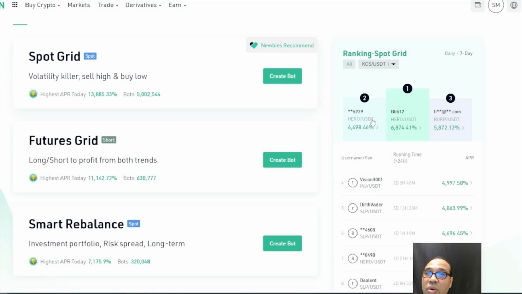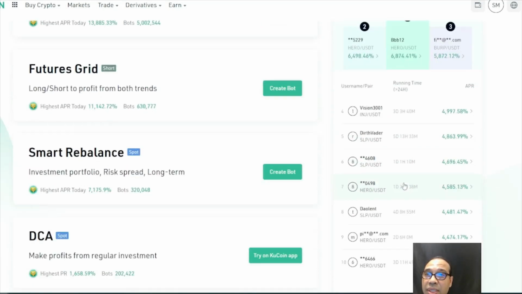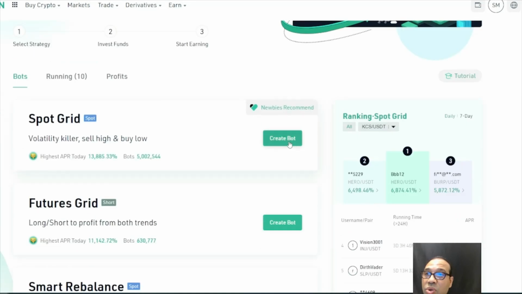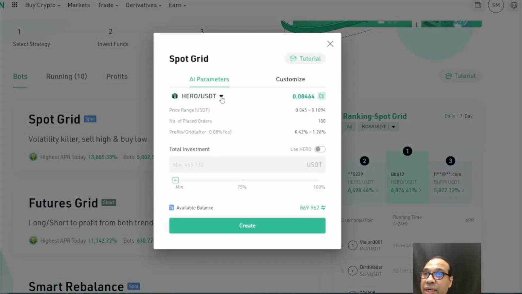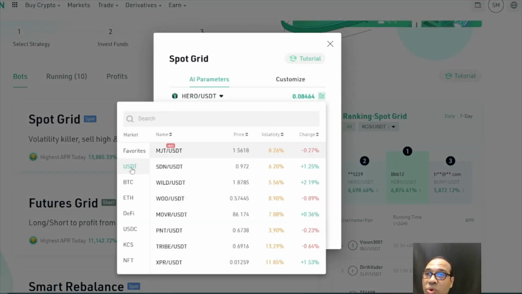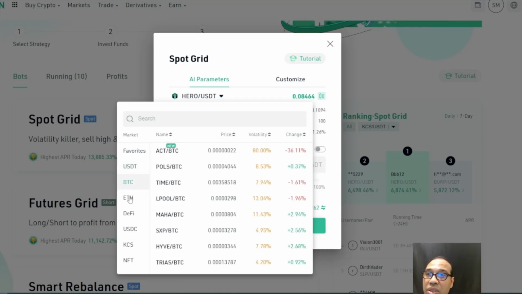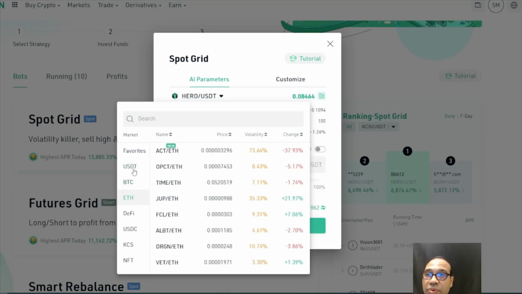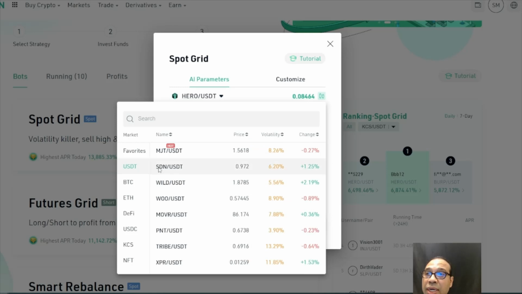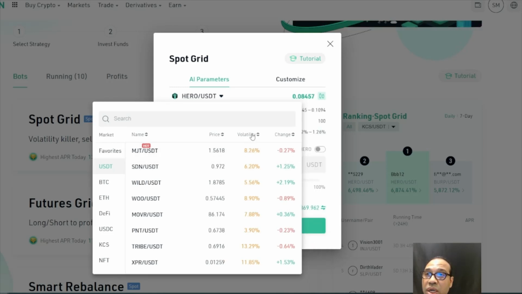The other option, if you're not happy with this 1, 2, 3 ranking, is that there is more here as well. You could go to create bot, and here you can see, okay, you have USDT, or you have BTC, you have ETH. This all depends on what you have in your account. You have USDT in this one, and it says go to volatility and see, oh, 0.56. Oh, I want more. Okay, 352% is being volatile, and also giving 46% change. So this looks like a good one, so favorite.